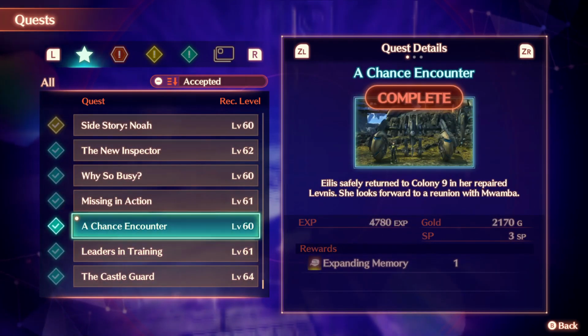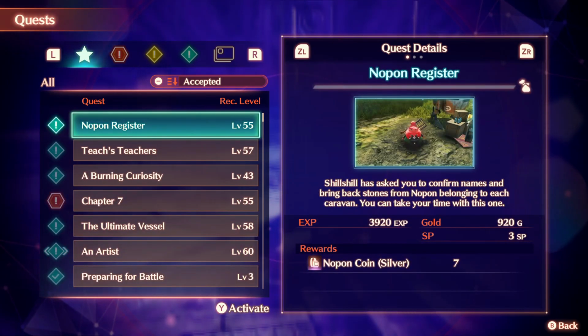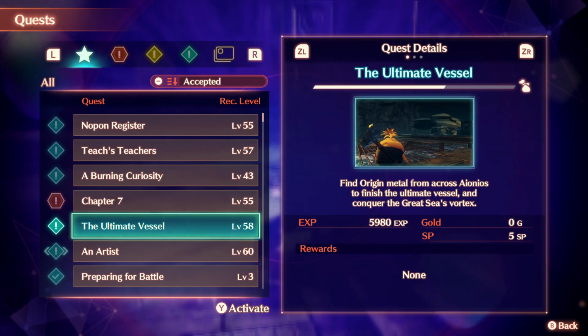Okay, so what's another of this standard quest that we haven't...? Oh, actually, you know what? I think it's the one that's called Chance Encounter. Okay, well, that's something we won't be worrying about right now. Anyway, let's go and get the one called...